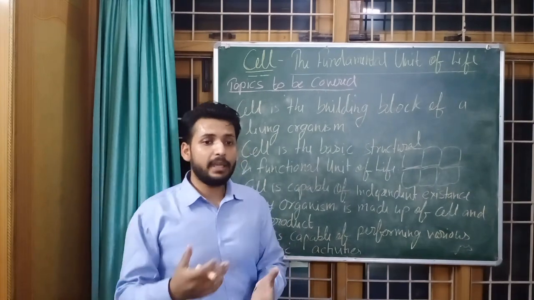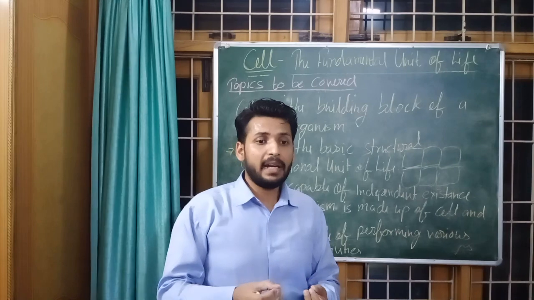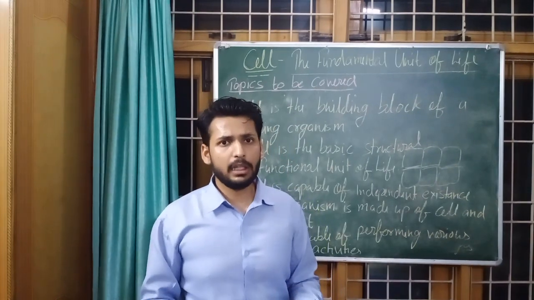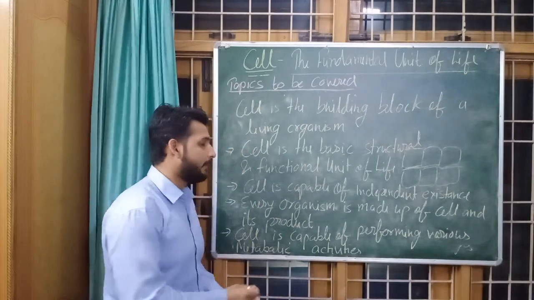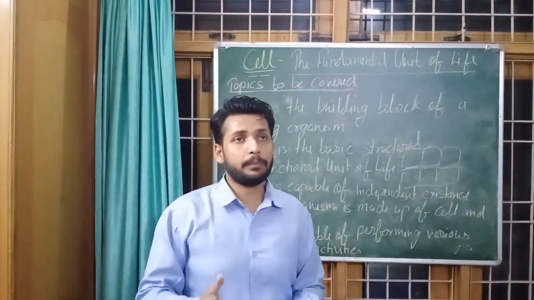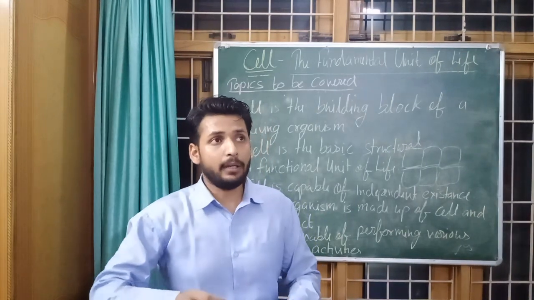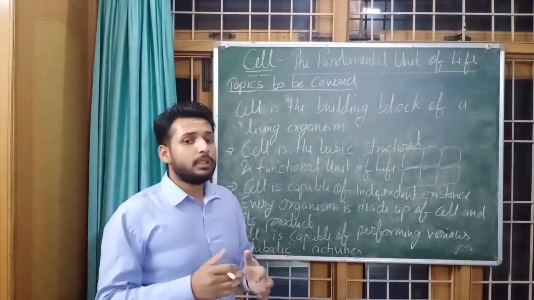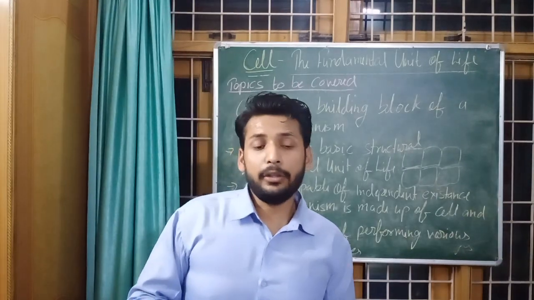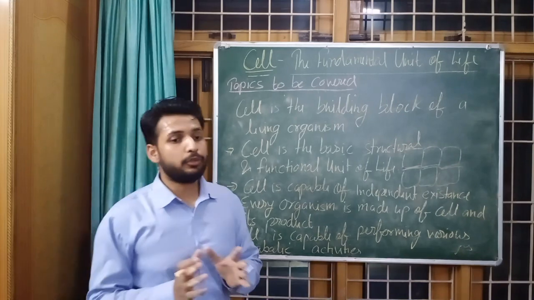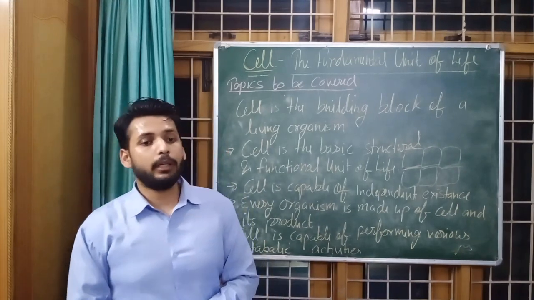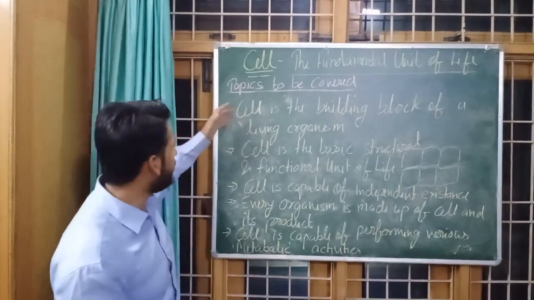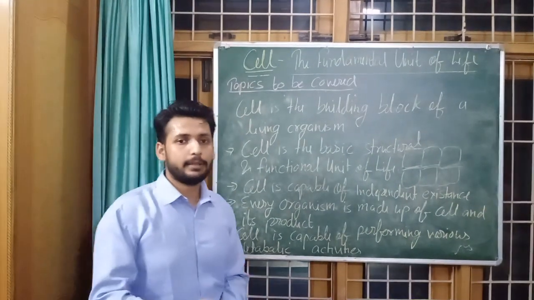So here we can say metabolism is used for the functioning or growth of the organism, right? So these are the activities by which a living organism is able to function and is able to grow. So whatever nutrition we are taking is either utilized to obtain energy, to do work, or for further growth of the cell, right? We can consider it here. So these are the few characteristics of the cell. Now